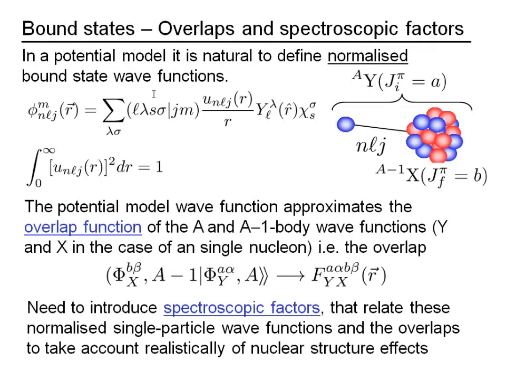Instead of this two-body normalized wave function, the correct language to use is that I start out with a nucleus Y, which has perhaps A nucleons in it, and I'm going to take a nucleon out, so I'm going to end up with a nucleus X, which has A minus 1 nucleons in it. The real question we should be asking is how much does that nucleus with 24 nucleons look like that nucleus with 23 nucleons plus one extra nucleon in this state. So tomorrow we'll go in some detail talking about overlap functions, because that is an essential connection between nuclear structure and many-body wave functions before and after you've taken the nucleon out,